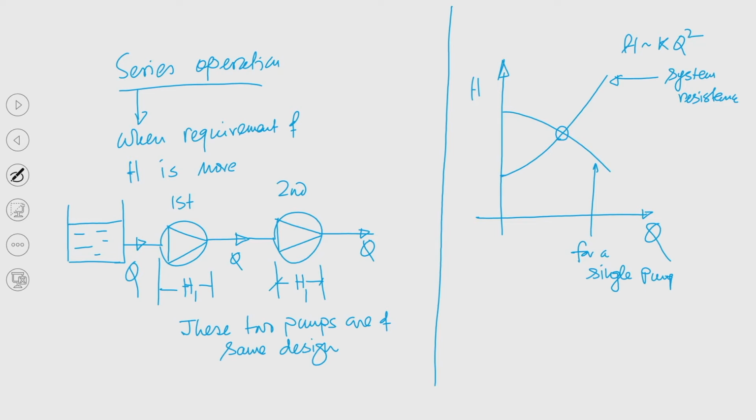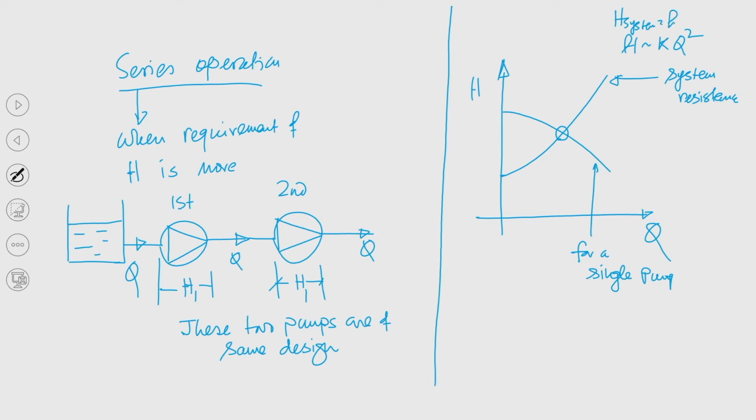Now, as I said, this single pump is not able to meet the demand at a later stage, and that is why we had to install a second pump. Now, if we install the second pump, then definitely the system resistance curve will be different. This curve will be much steeper, because although the static height will remain the same, due to the installation of the second pump there will be addition of valves, bends, fittings, etc., as a result of which this dynamic component changes.